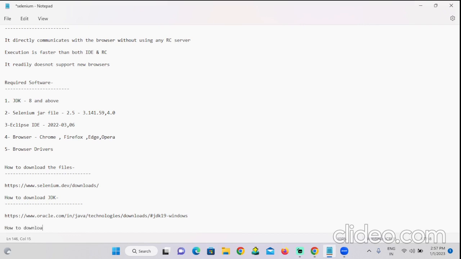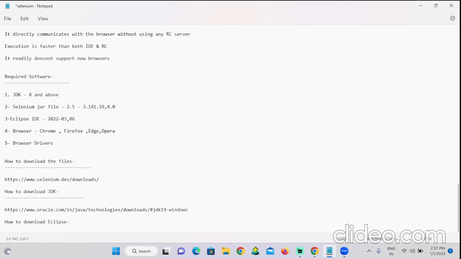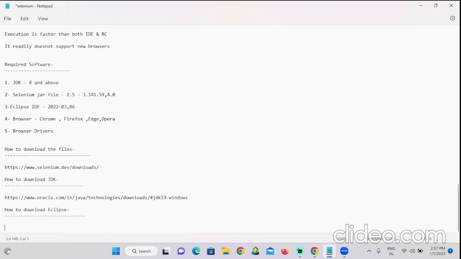How to download Eclipse? Here you can download the Eclipse. After that,